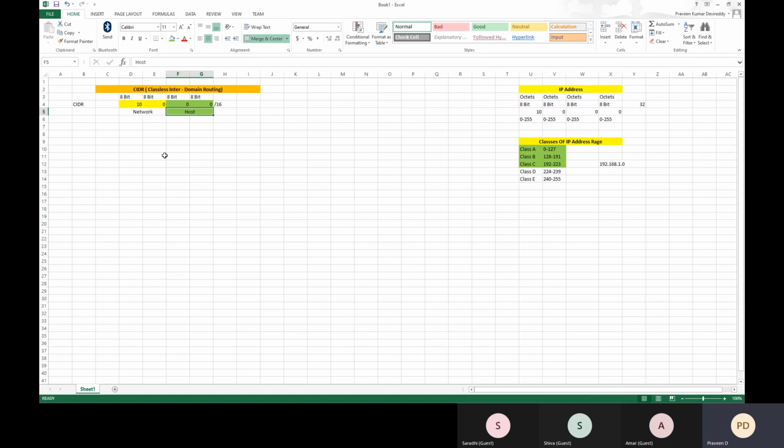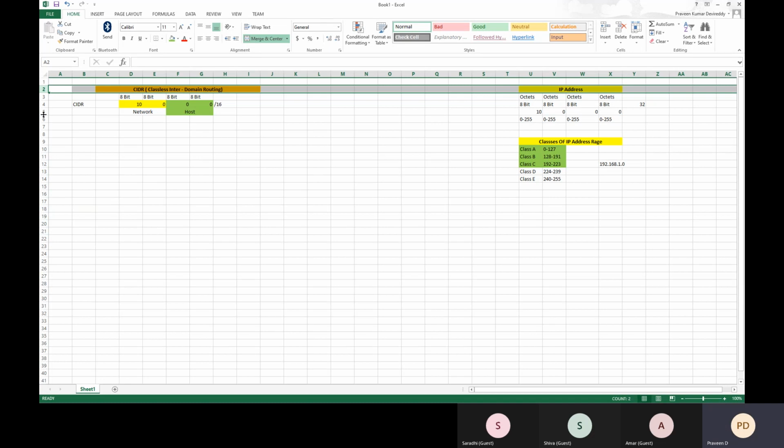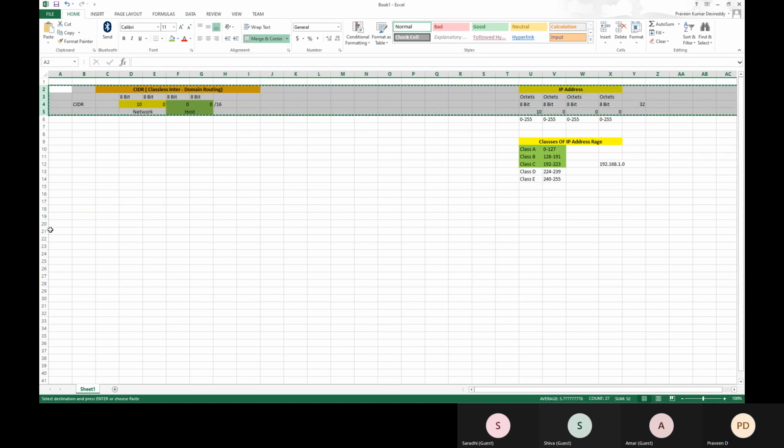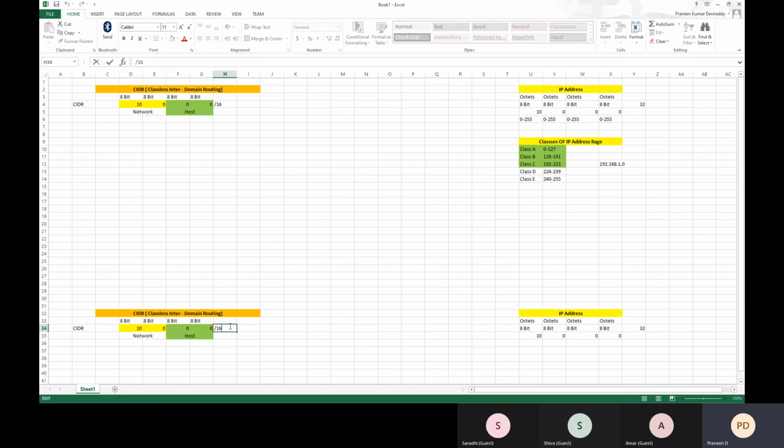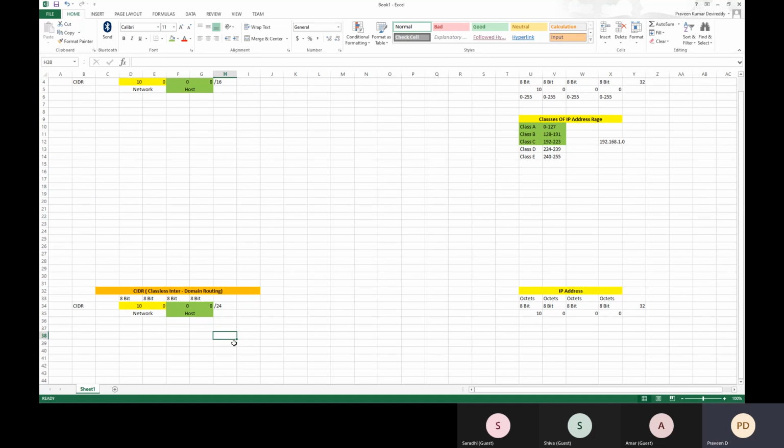For example, we can take one more example of the same thing. If I say /24, out of 32, I am telling it to reserve 24 bits for networking.